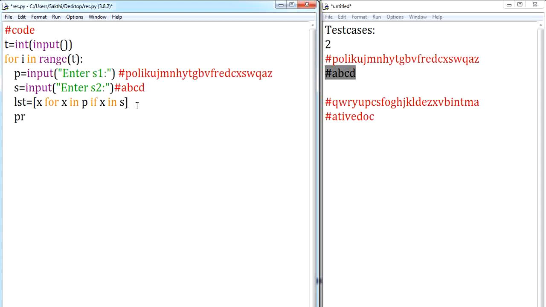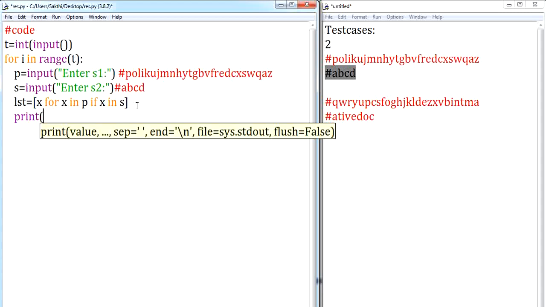Now I want to print the string. The complete data is added in my list, and I want to join all those elements. So let me join without space, dot join method, and I want to join the elements inside the list. So let me give list. Clear? That's all. My program is over. Your question is scenario based, but your answer is very simple.